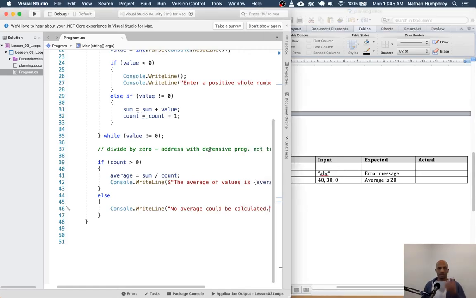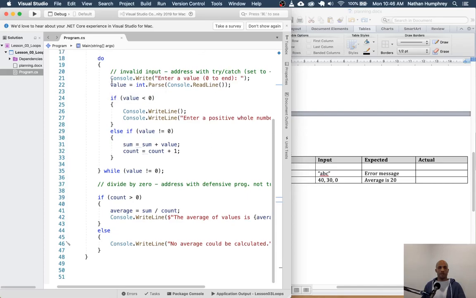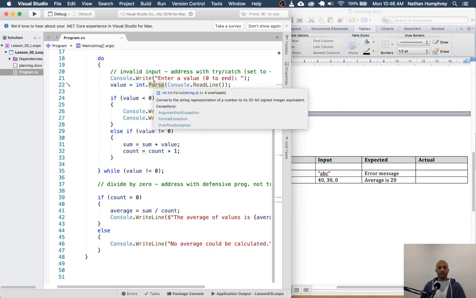Okay, and so the only place where the input would come in for us to deal with that at this point in time, again, is here on this statement, line 22. Specifically the int parse method. It is this method that could potentially throw the exception. And you'll see that if you hover over it, we get in the fly-up here, it tells us there